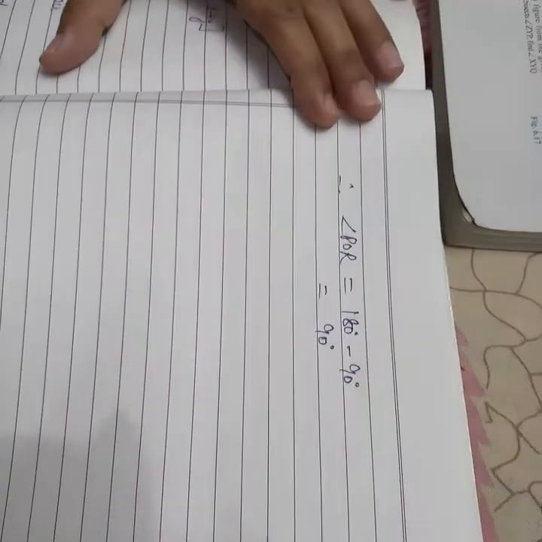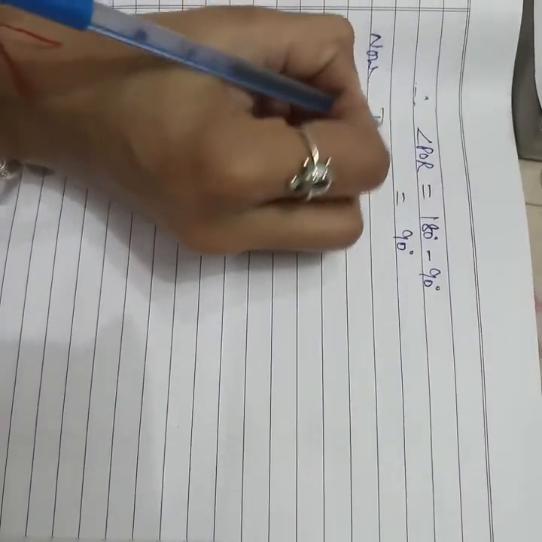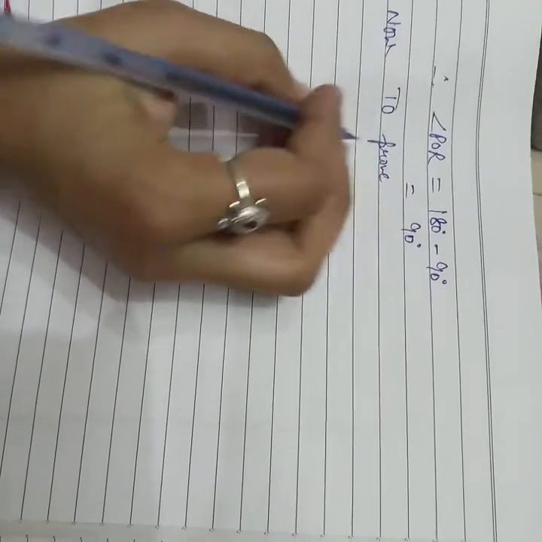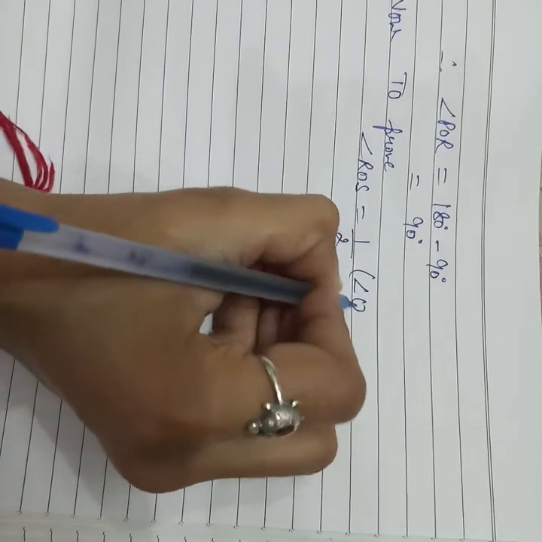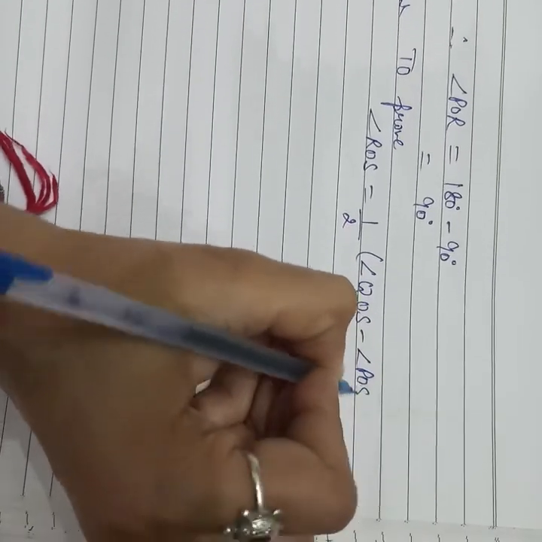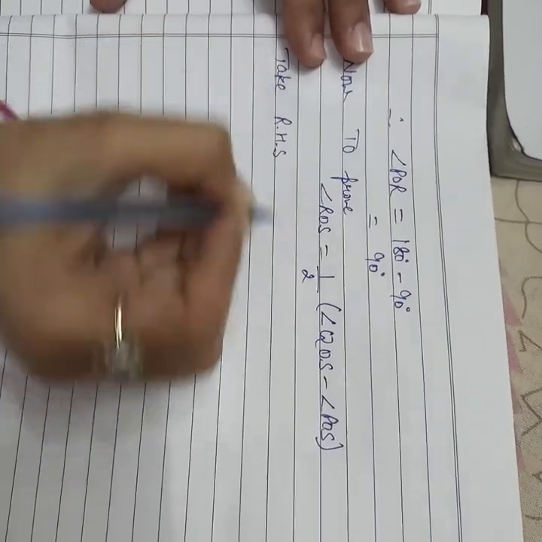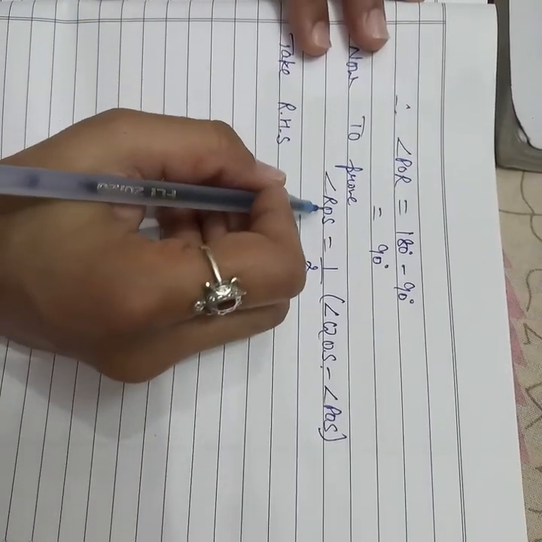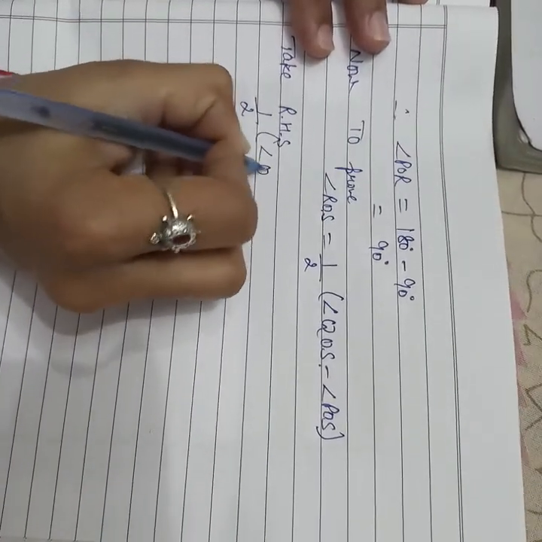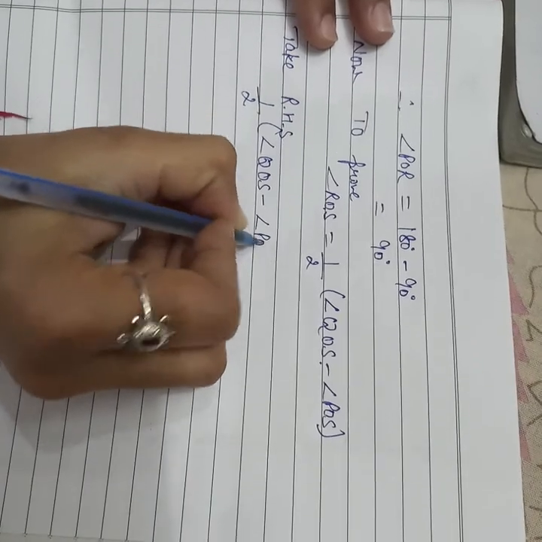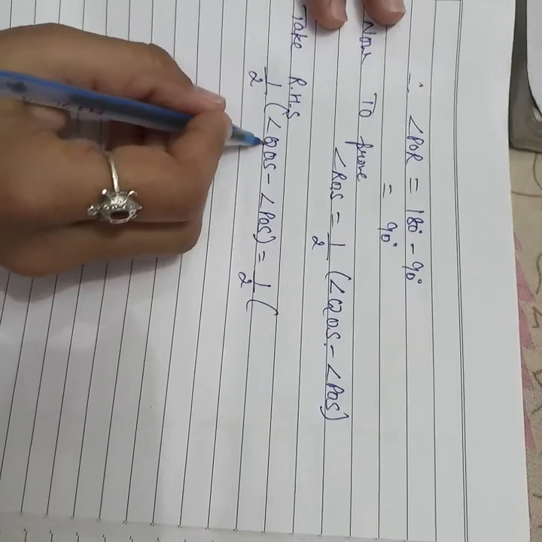Now from the proof we take the left hand side. Now to prove is angle ROS equals half of angle QOS minus angle POS. Now take the right hand side. We take the right hand side and prove that it equals the left hand side. Now right hand side is half of angle QOS minus angle POS, equals 1 by 2 angle QOS,